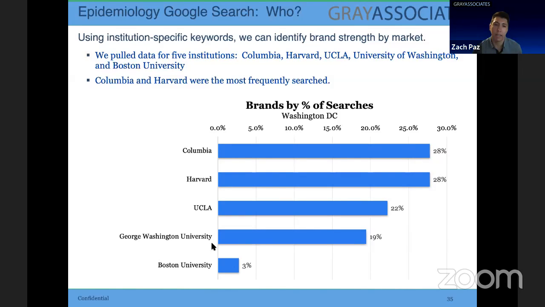So it's really interesting to see that even if you're the only offer in the market, you may be competing with other brands, and who are those other brands? This research can really bring that to light and show that you're competing with a university on the other side of the country in UCLA, Columbia just up the way, Harvard just up, and Boston University up in Massachusetts. So understanding who's actually competing in your market is a big use case for this brand search database.